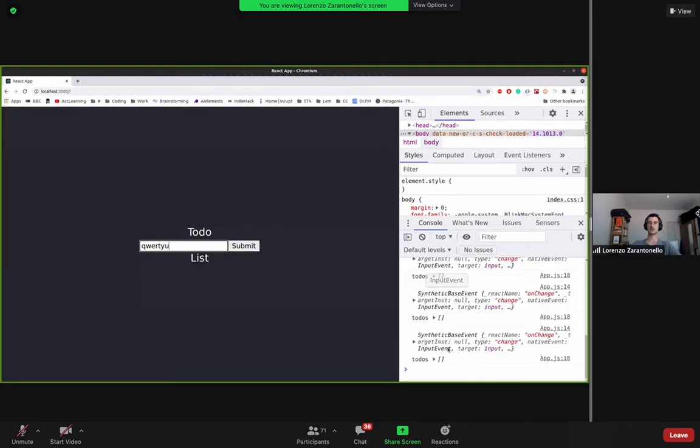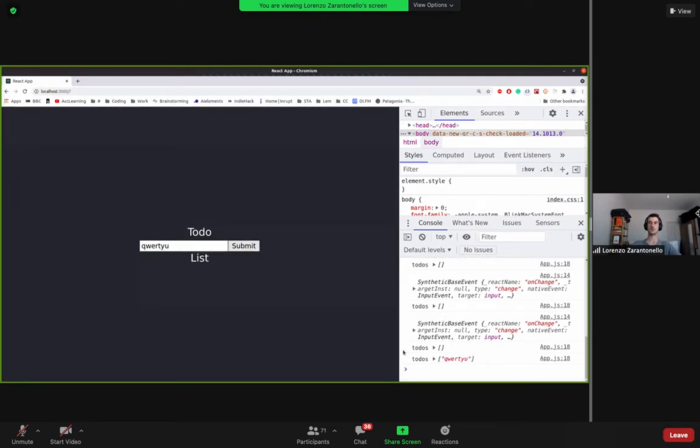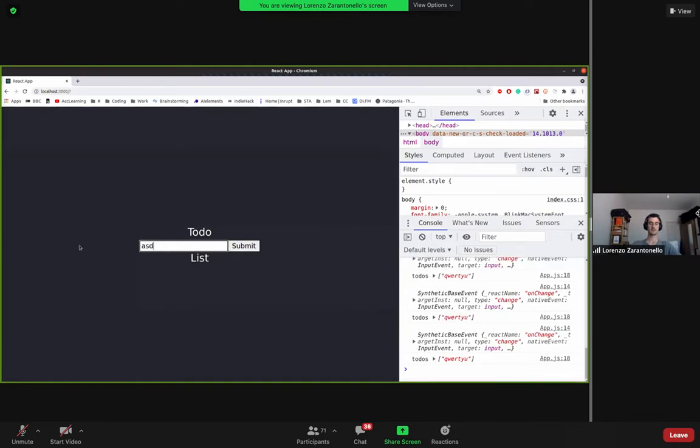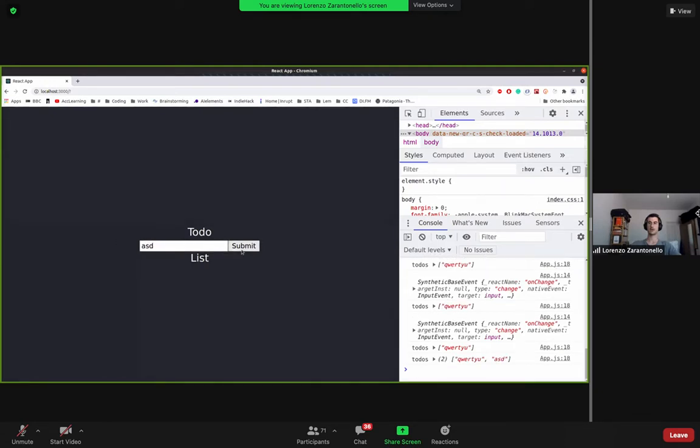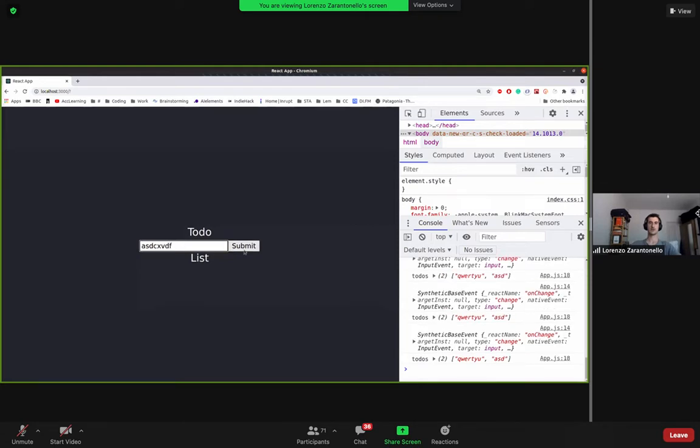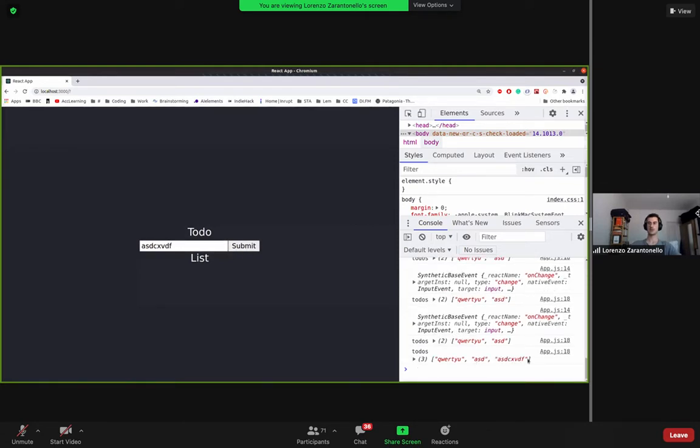So this is the text. We can see that as usual it prints everything. Now I'm going to submit it, and we see that in our to-do array we have a first string. Now I'm going to try something else. Submit again. Now we have an array with 2 elements and 2 different strings. Good, so it seems to work. That's interesting. Submit. Now we have 3 strings. Okay, this is good, but